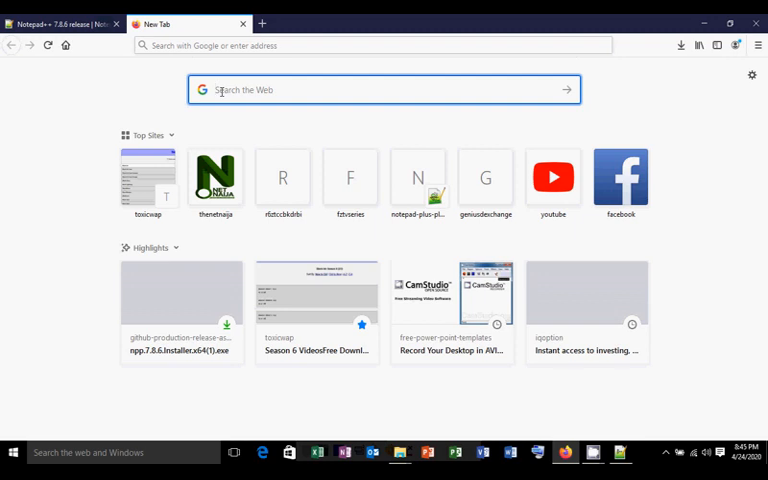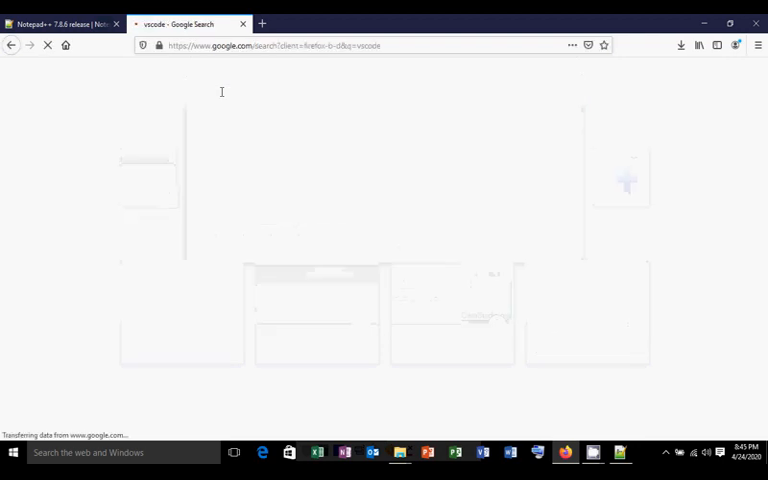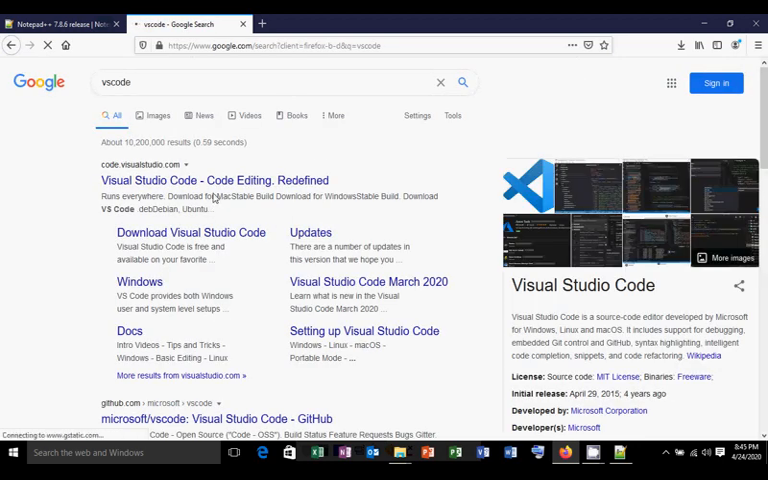In fact, even the Visual Studio also has Visual Basic. You can also use it to write Visual Basic codes. So in order to install that, let's just type VS Code, that's Visual Studio Code, and just go to the first one also, click on it,